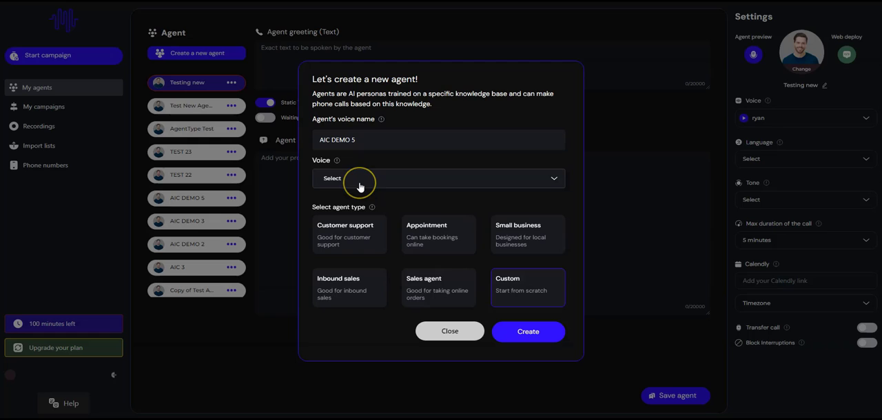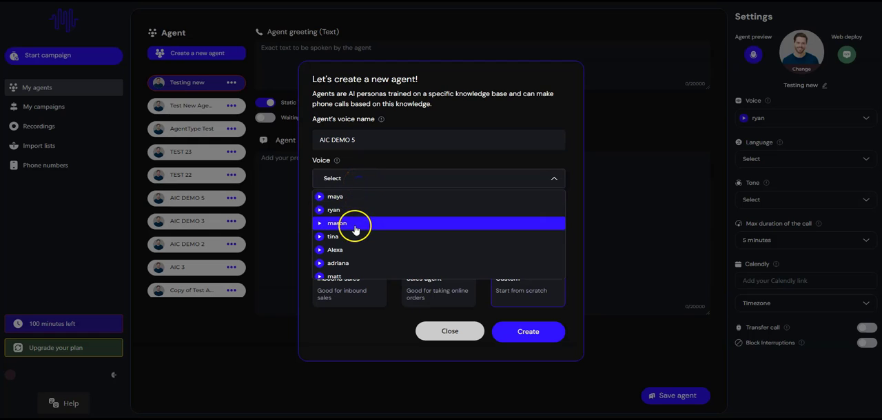Okay, and I'm going to select a voice from the list of voices available out here. If you want to listen to the sample of their voices, you can just click on the play button out here. Okay, so I'm going to select Maya,